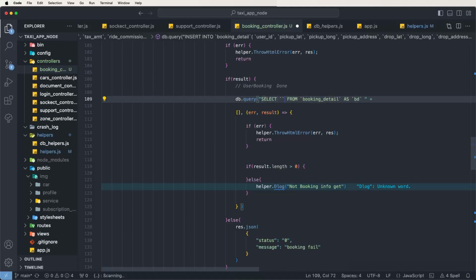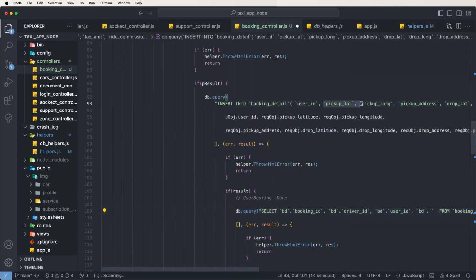Now we need bd dot booking id. Then after bd dot, get the driver id. Then bd dot user id. Afterwards get bd dot pickup latitude and longitude. We need some more information here, so copy this value